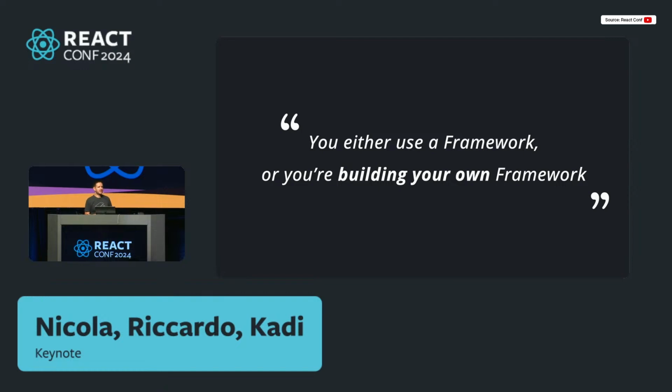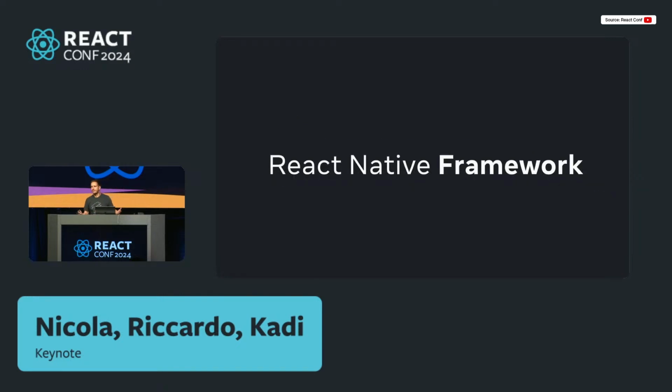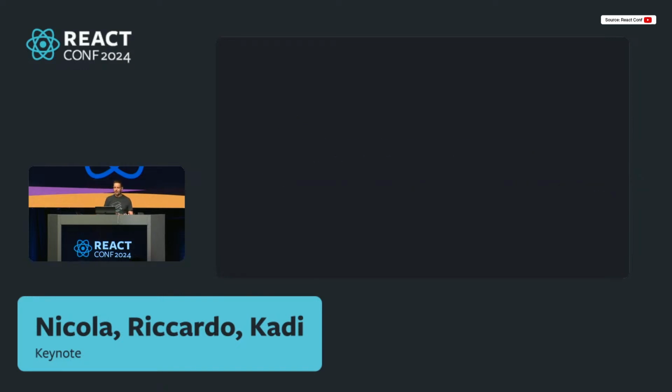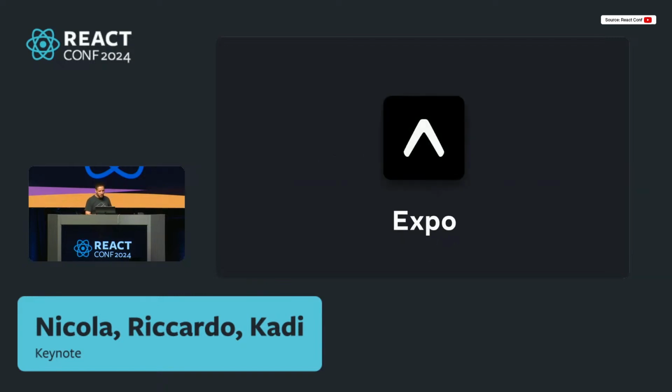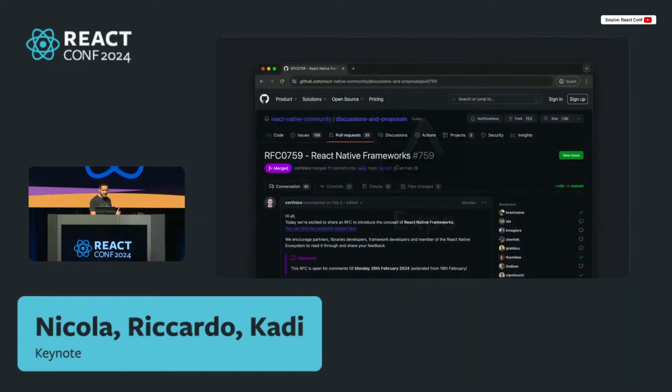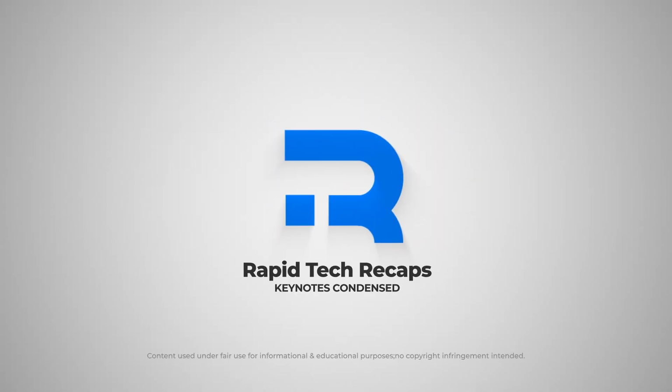So that's why, starting from React Native 0.75, the recommendation from the React Native team for newly created apps is for you to use a React Native framework. And our framework of choice is Expo. So yes, you should be using Expo for your newly created app. We believe that Expo today is the fastest way to bring your apps from idea to production. We are obviously open to recommending other React Native frameworks in the future, because we also published an entire RFC on what React Native frameworks are, why we're making this change, and what the requirements are to become a new React Native framework. And now,